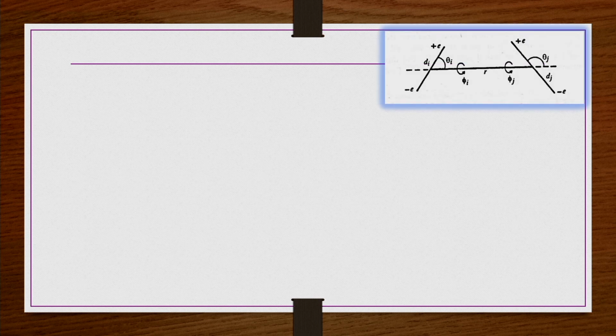So, let us say we have one negative charge here, another positive charge here. So, the balance is 0, there is no net charge, right. They are a separation distance di from each other, and there exists a dipole moment, let us say mu i. Similarly, there is a positive charge here and a negative charge here. They are a distance dj apart from each other. Obviously, between these two charges there is a dipole moment mu j.